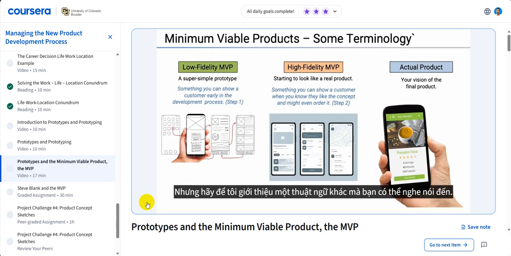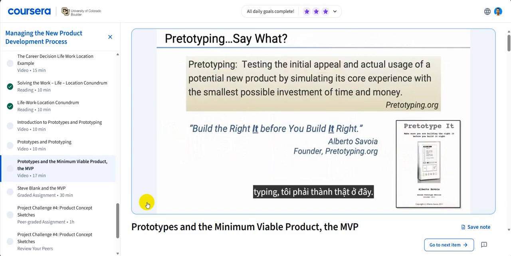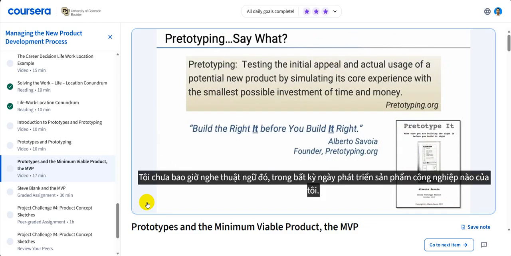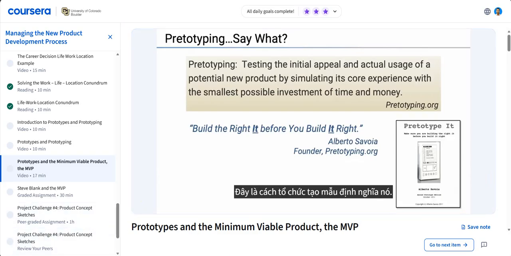But let me introduce another term that you might hear about. How many of you have heard of the term prototyping? Well, I have to be honest here. I've never heard that term in any of my industrial product development days. However, I have heard it talked about now when I talk to my mechanical engineering students. How do they define prototyping? Here's how the